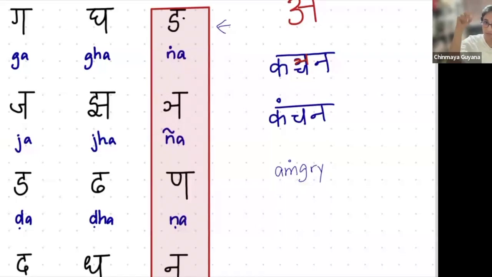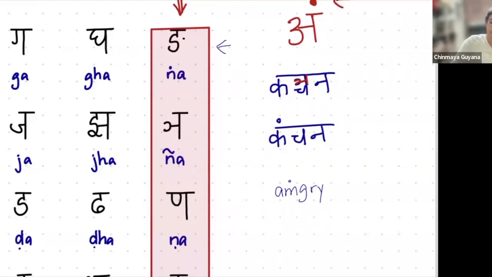This m dot is the way we write this, right? This is m dot with the dot on the top. It is a placeholder for all the nasals. Usually, if it comes at the end of the word, the sound is m, right? At the end of the word, when there's no vowel letter following,